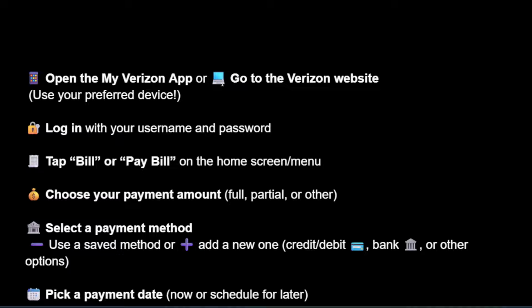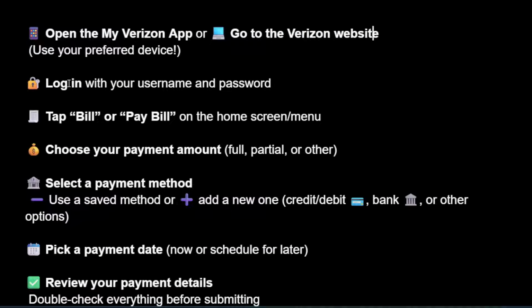How to pay a Verizon bill online. So here's what you can do. You can either use the My Verizon app or go to their website, and you have to log in with your username and password. After you have logged in, you tap on Bill or Pay Bill on the home screen